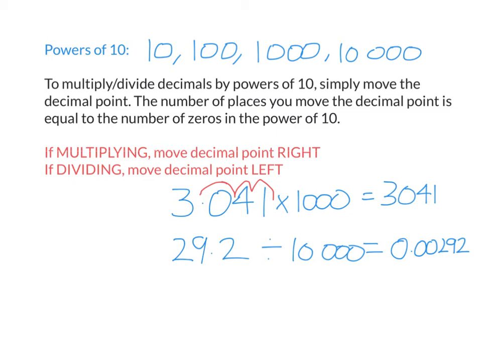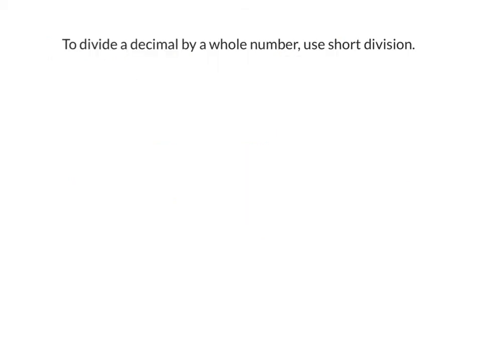Let's now move on to dividing decimals. Dividing decimals is unfortunately quite tricky. Dividing a decimal by a whole number isn't so tricky because you can just use short division. So let's say I have something like 7.64 divided by 4. So I've got a decimal divided by a whole number. Short division. This is the same as saying how many times does 4 go into